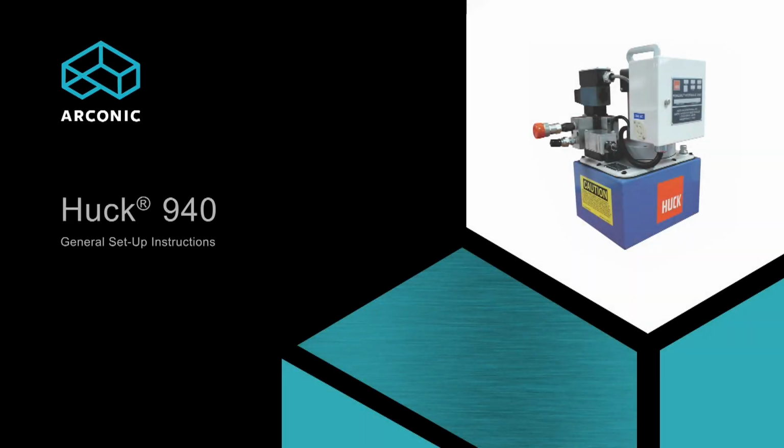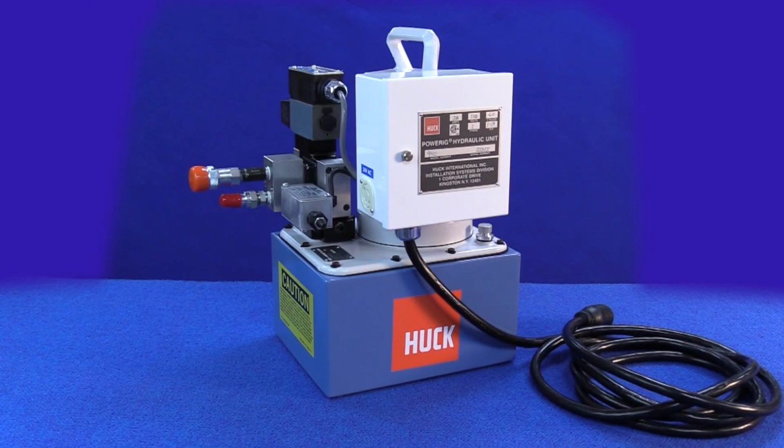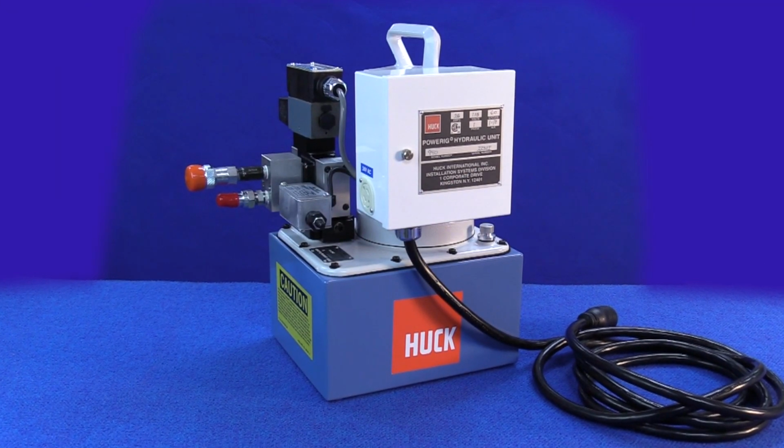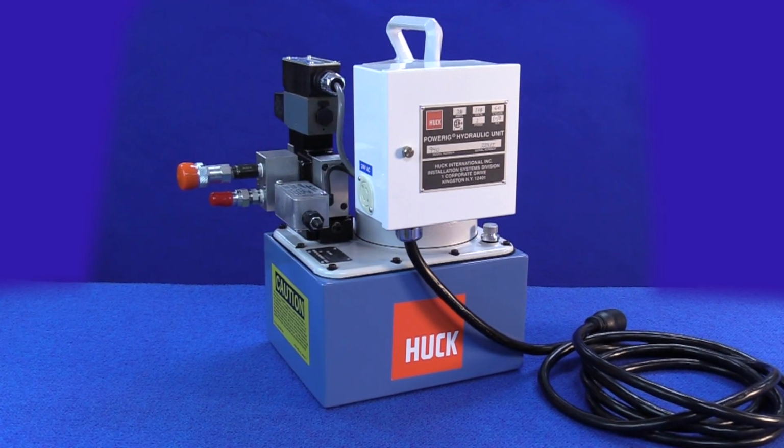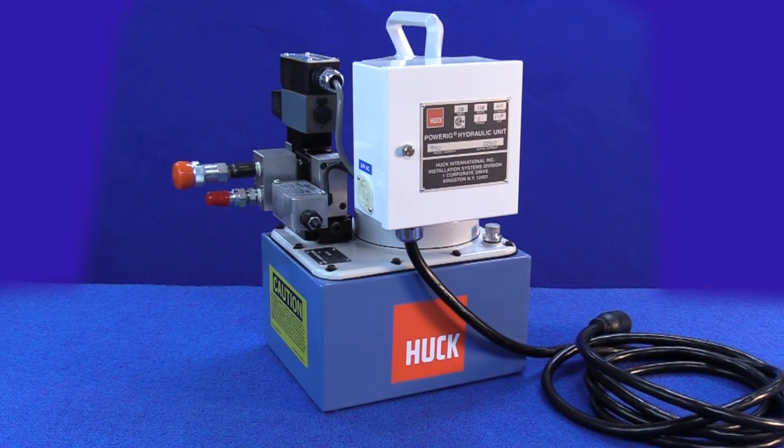The Model 940 Powerig is a portable unit sized for moderate production and repair applications. This unit features rugged construction for durability in the field and the choice of 115 or 220 volt AC power. The Model 940 includes a handle for easy transport, simple adjustable hydraulic outputs, and quick connect couplers for connecting installation